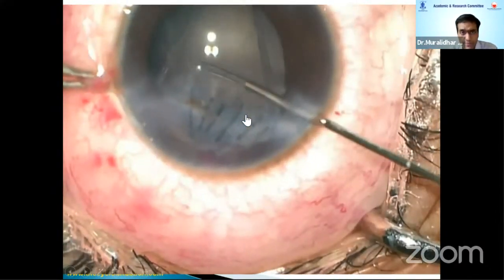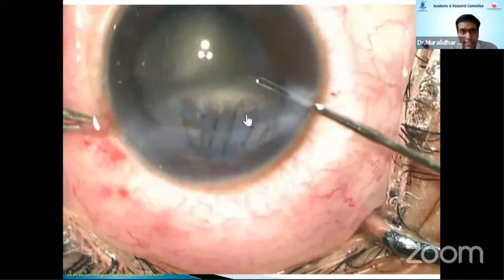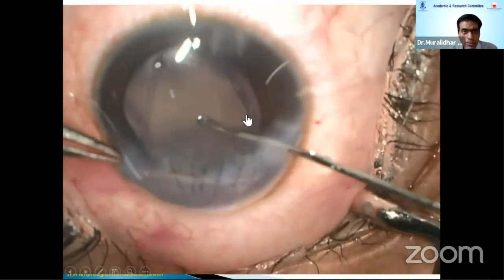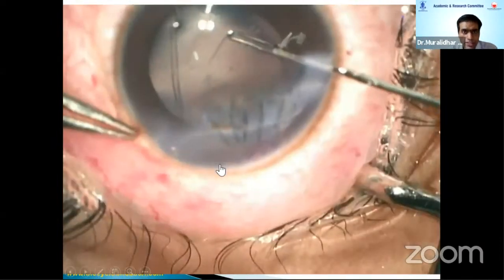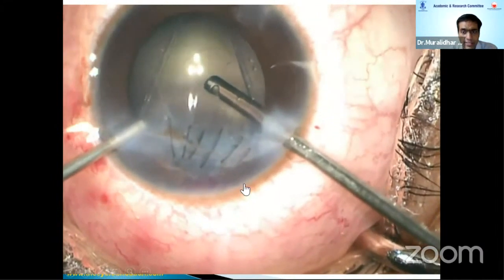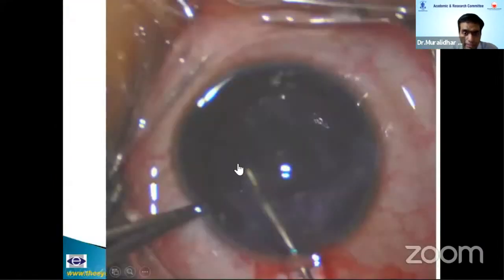So this is a retinal forceps being used. I mean, these retinal forceps are very, very nimble, but they are also very delicate. So if you use it, make sure you don't damage it. And this is a technique that I learned from Dr. Titial, that is your assistant injecting visco, and you can do the vitrectomy.